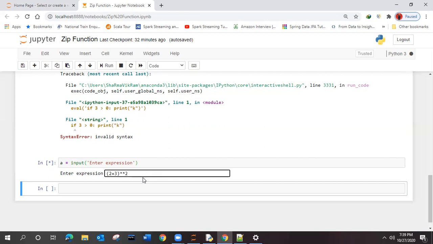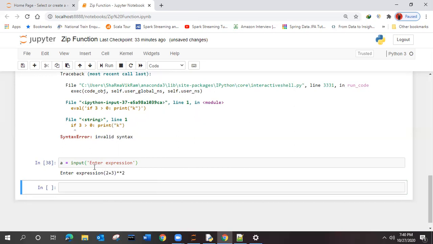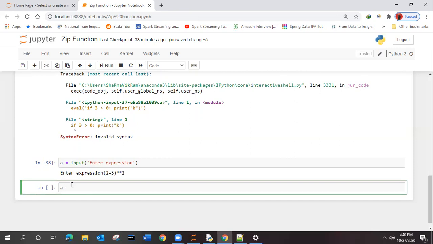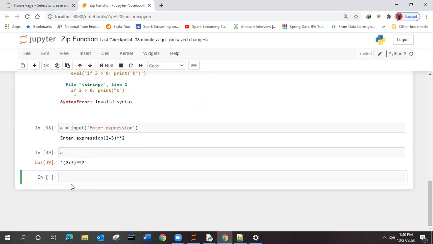That's anything, but this is one of the expressions. This is the expression we have given into A. I will pass that inside this eval, and this should print us the result, right? What will be the result? It was 25.